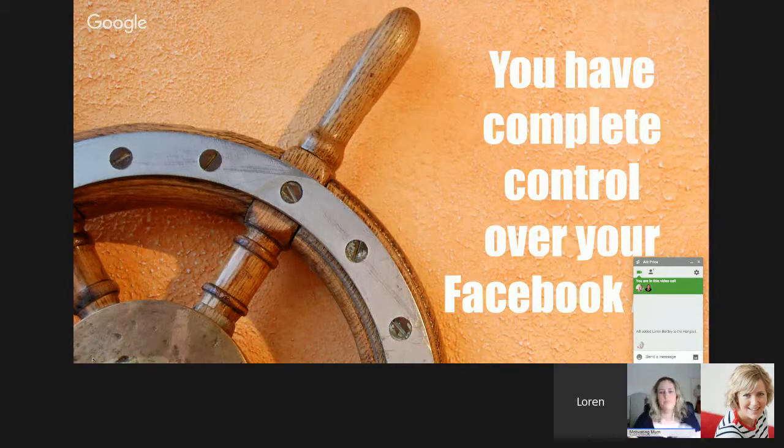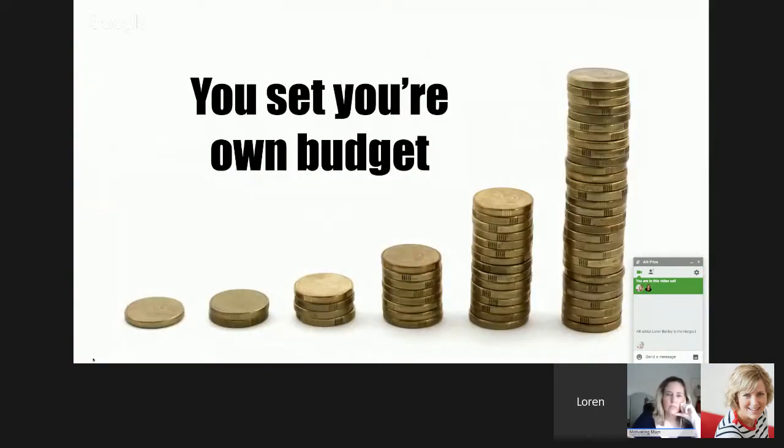There's many ad types to choose from based on your objective, and you can choose the way that you pay, whether it be cost per click, cost per impression, as well as optimize your ads for cost per action. And you can split test your images, your copies, and your audience, and all that kind of stuff. So you have so much control. It's just a great way to advertise. And you also set your budget, and you can have as little or as much as you want in terms of the budget that you set.